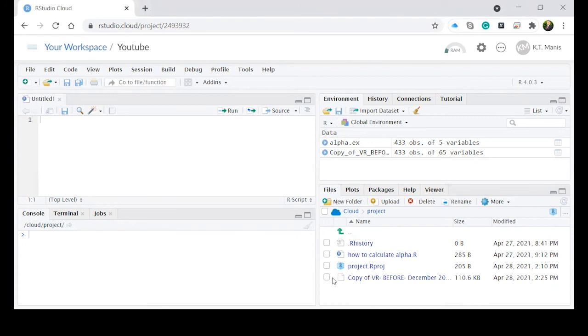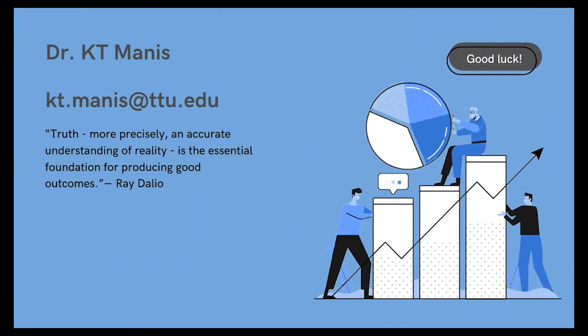In our next video, we're going to show you how to access that file and read that into the RStudio Cloud environment. If you have any questions about uploading a file to the RStudio Cloud server, please feel free to